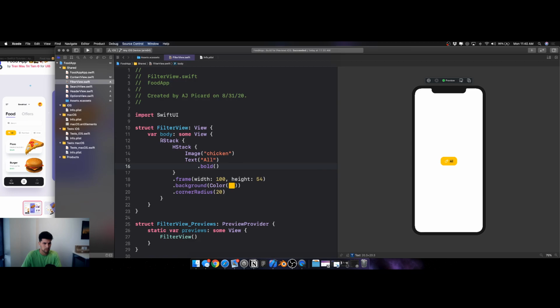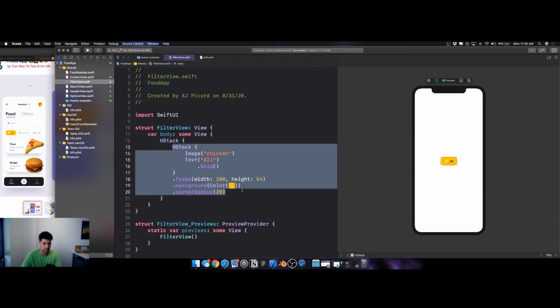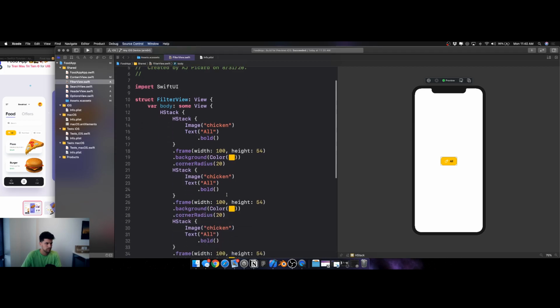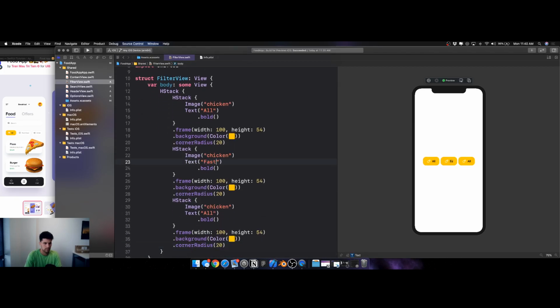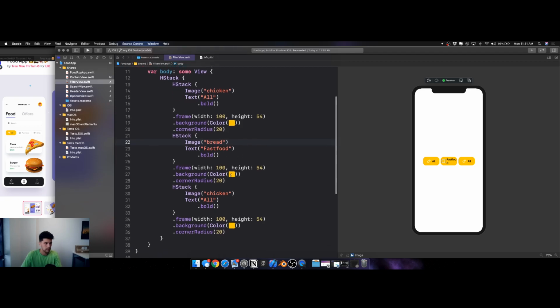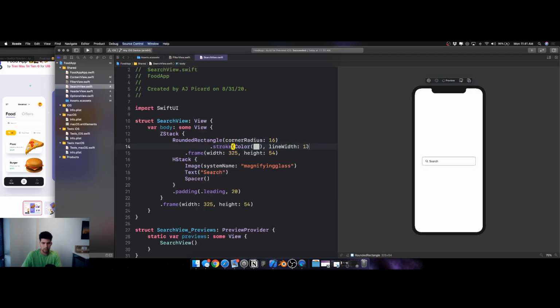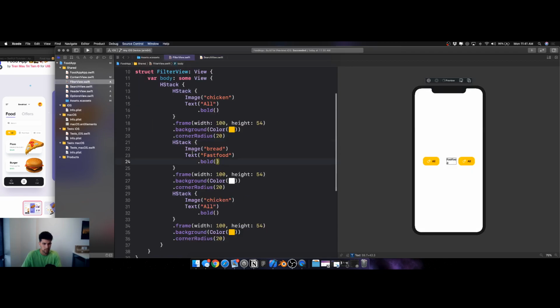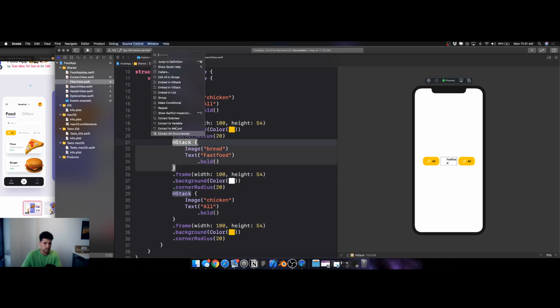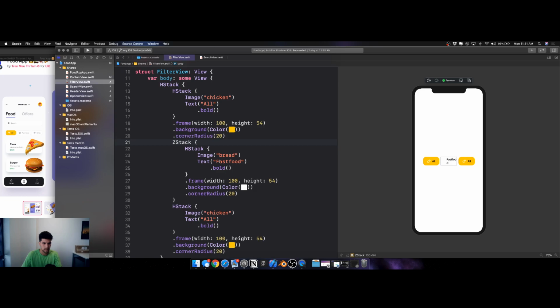Perfect. And then what we're gonna do is we're just gonna copy this. 1, 2. And we're gonna name this fast food, and this is gonna be bread and white. Oh wait, no, I can't do this. What we have to do is what we did here. We're gonna copy this because of these stupid borders. So actually what we're gonna do is embed this into a VStack, make this a Z,